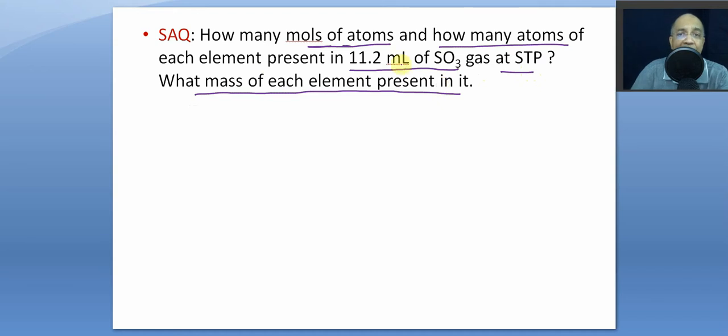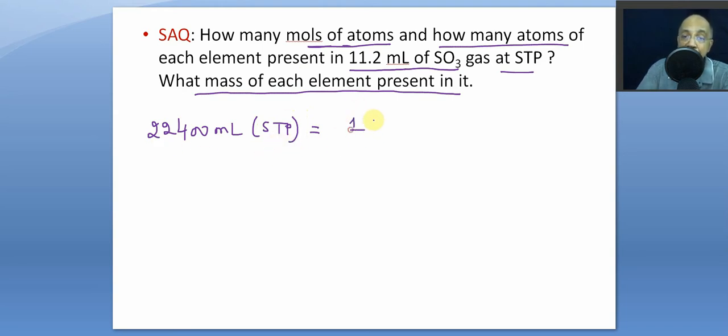But since the volume data is given, we start from 22,400 ml, because milliliter is given at STP. If you find the number of moles fast, it is always better, number of moles of molecules. Then we can find out the number of moles of atoms. If 22,400 milliliters at STP is equal to 1 mole of SO3,